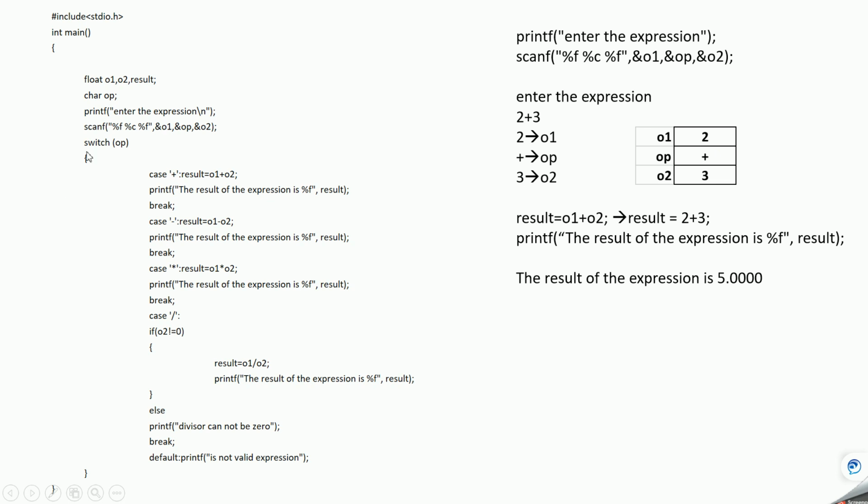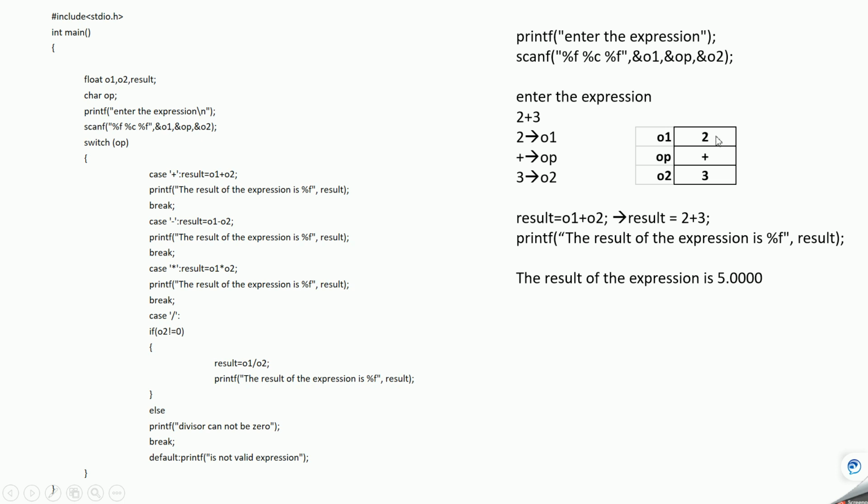Next it will come to this switch case, and the value of OP is plus, so this plus and this plus are matching. It will come here and perform the addition operation, result equal to O1 plus O2.